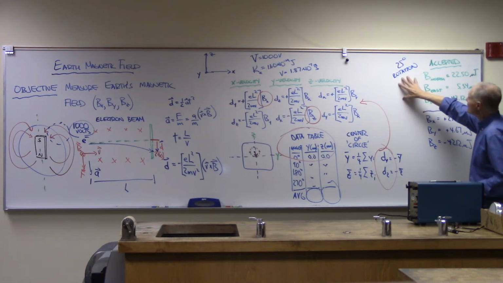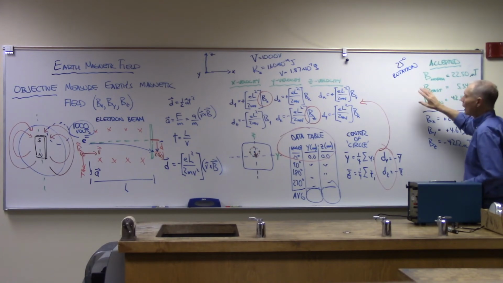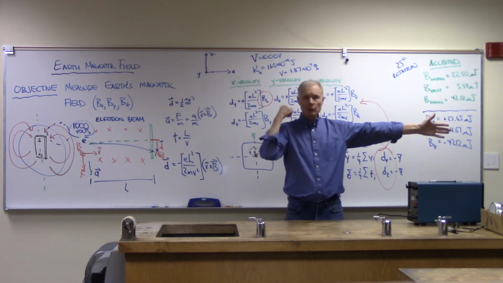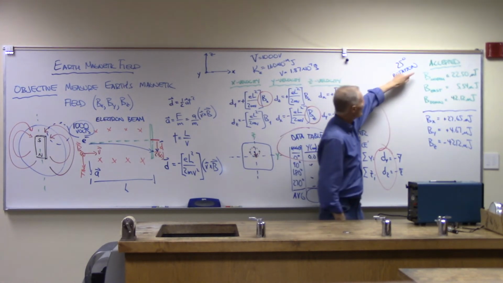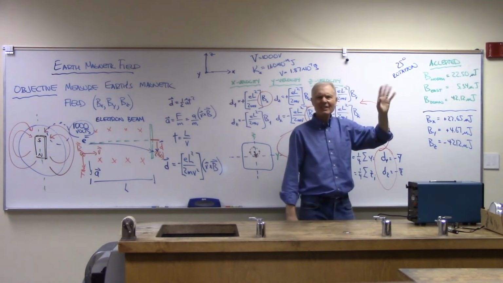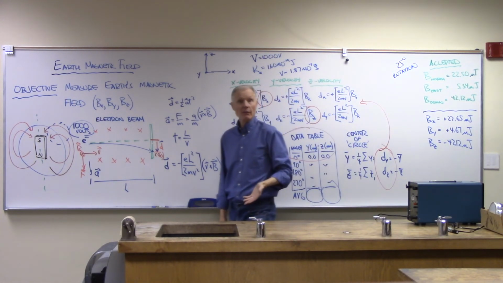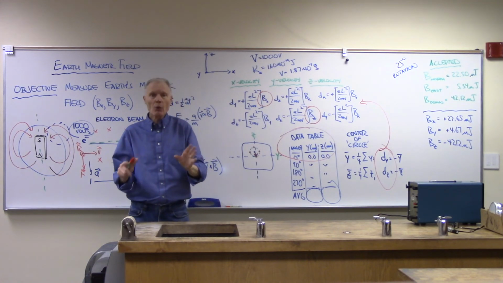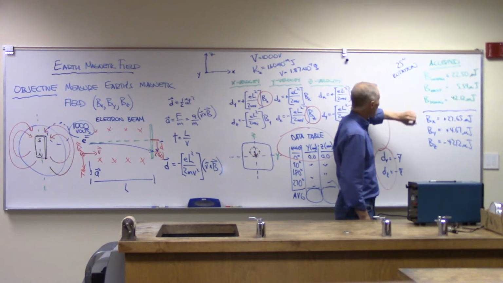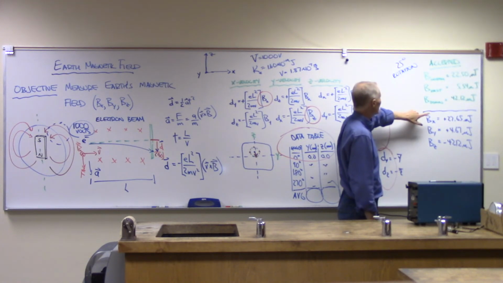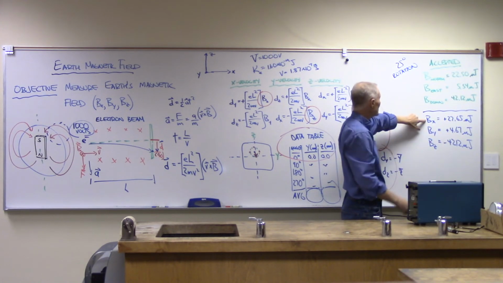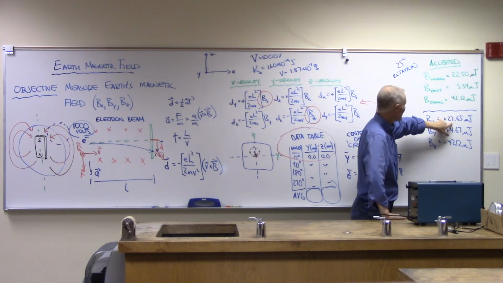Now we talked a little bit about this rotation of x and y. What we're calling x and y are combinations of north and east. So I went in and did that rotation, and it's in the notes, so you can take a look at it and see how those components got combined. But when I did that, what I was able to come up with is that the x direction we're guessing we'll measure is 22.65